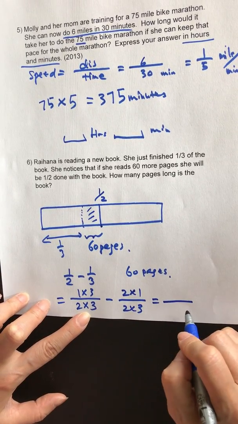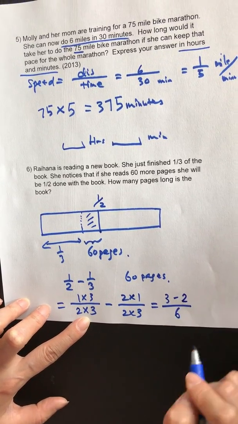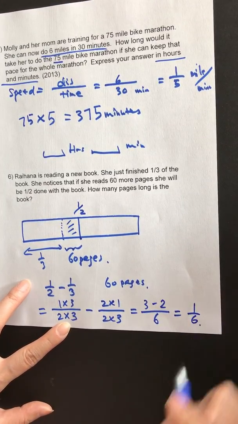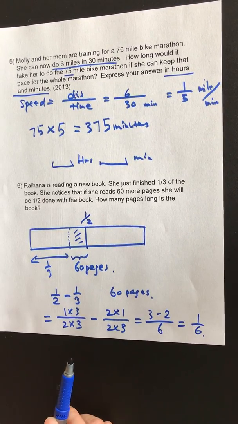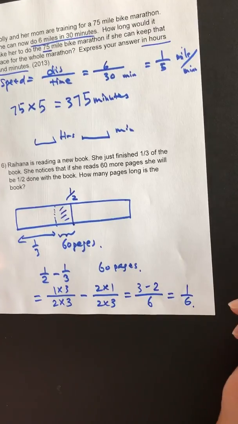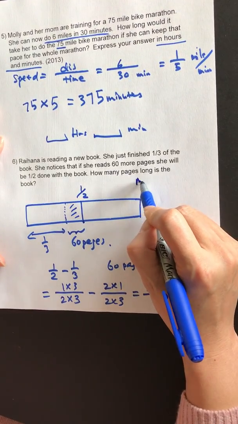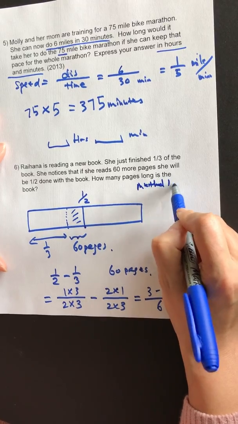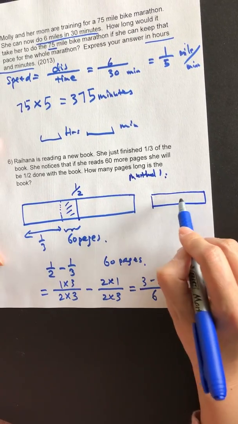So I guess we'll carry this out instead of the student doing the work. So what you can see is 1/6. So this is 1/6 of the whole book. Now there are 2 ways of doing this. Method 1, for lower grade students: if I have a whole book,